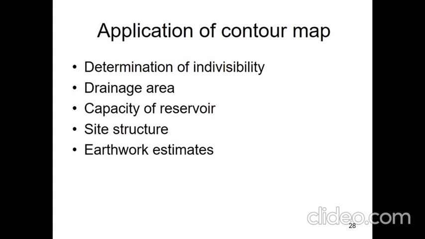Basically, we discussed the purpose of contouring, which is for preparing the contour map in order to select the most economical or suitable site, then to locate the alignment of a canal so that it should follow a ridge line, then to mark the alignment of roads and railways so that the quantity of earthwork, both in cutting and filling, should be minimum, then for getting information about the ground, whether it is flat, undulating or mountainous, and to locate the physical features of the ground such as ponds, depressions, hills, steep and small slopes. With the help of this, we conclude today's discussion.